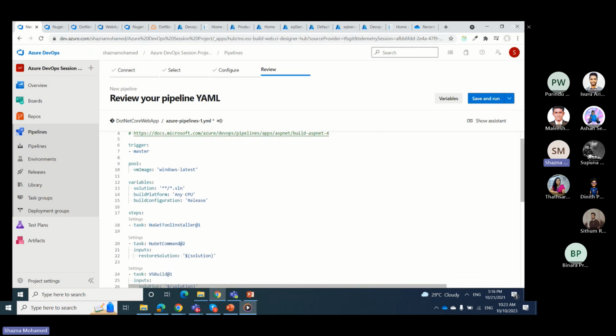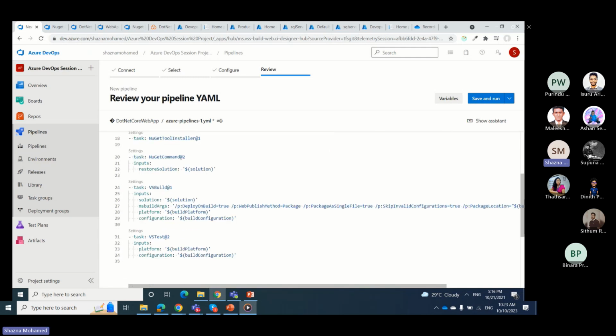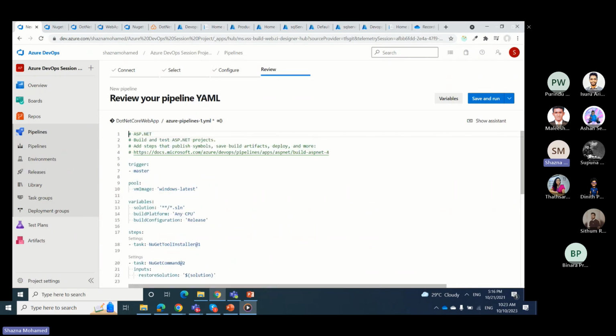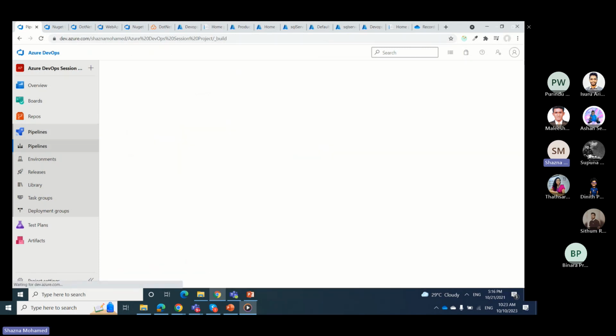For example, you say, okay, when the master branch is merged, then you have to trigger this pipeline. And you can set some steps like this to have this task after this. You have to build and test and do all these commands one by one. So you can set all these tasks inside the YAML file. This is one way to create, or else